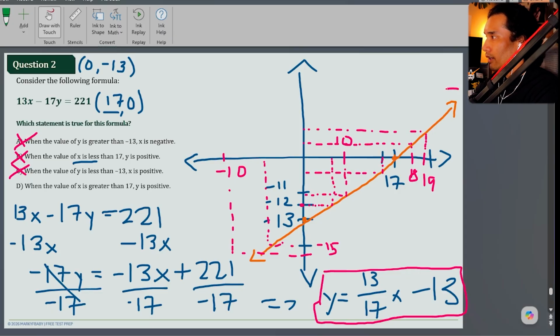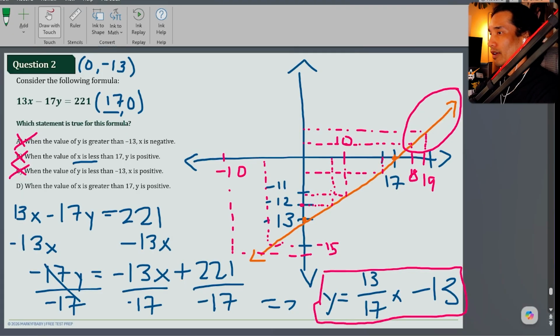And look here, if I choose any other values that are above 17, 17.1, 2, 3, 4, 5, 18, 19, 100, they will always have positive y values. That's why the cutoffs are very important in these questions. But again, we are not learning the cutoff. We are learning how to graph. That makes D the correct answer because anything greater than 17 will always yield us positive y values, or